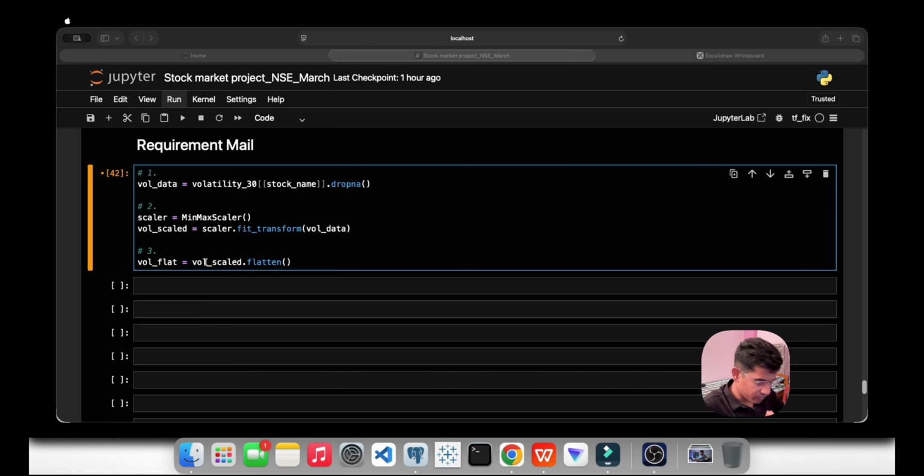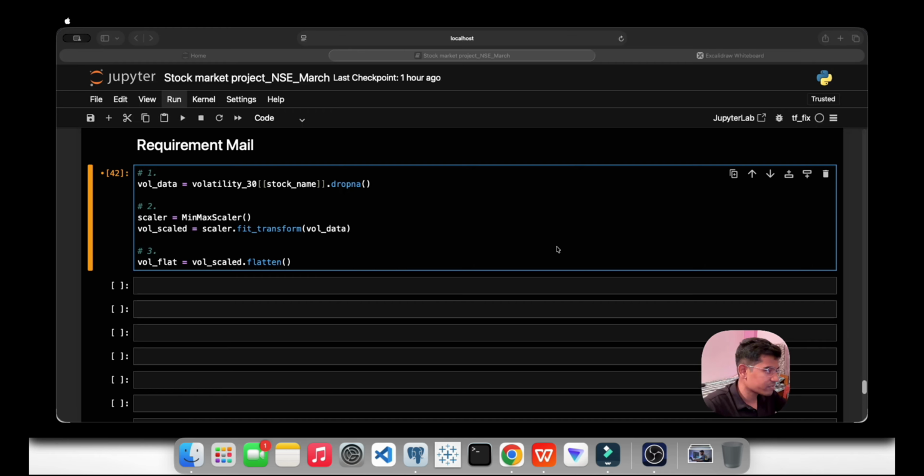We are doing this because our special sequence creation tool works on a 1D array, one dimension. You can think of it like we had a vertical list of numbers and now we have a horizontal line of numbers. Same data, same shape. We will do the reshaping for the sequence in the next part, no worries. If you have seen the mail, the next part is all about reshaping.